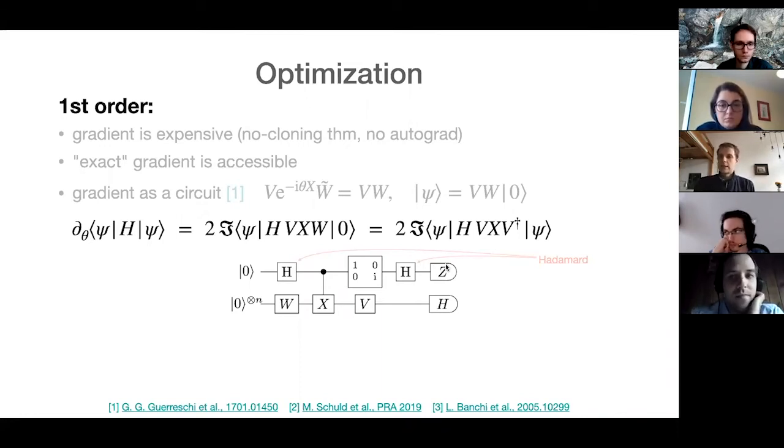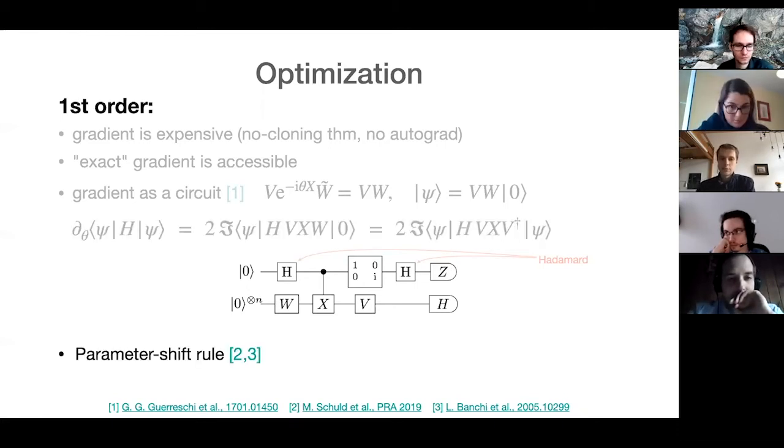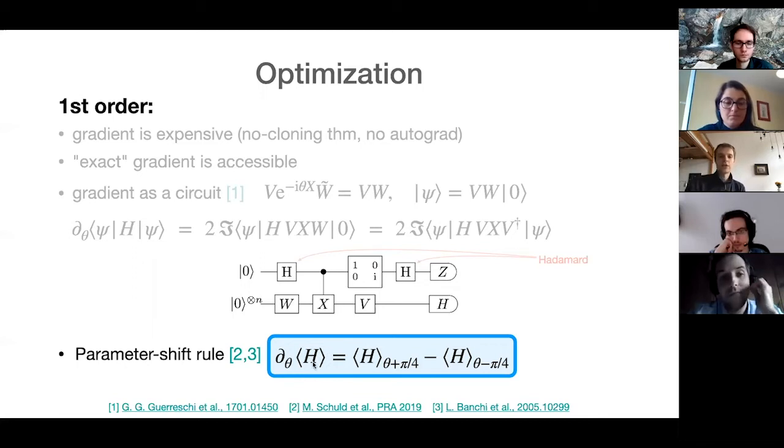And the alternative that you can use, which I think is a bit easier to remember, and I think they're comparable in performance, both methods, is the parameter shift rule. You might have heard of it, which expresses the gradient of such an expectation value in terms of expectation values at shifted parameter values. So if we're differentiating again with respect to theta, and theta is the angle of a Pauli rotation, so something like this here, e to the minus i theta X, and X is, say, a Pauli gate, a Pauli matrix,